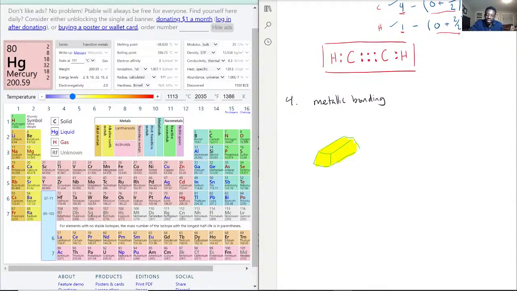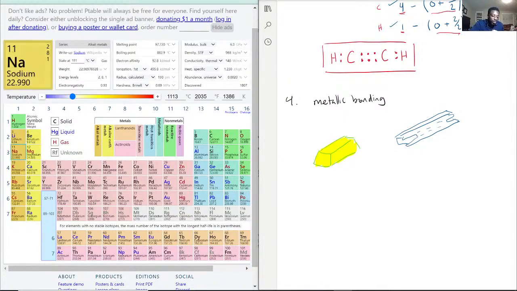Okay, and when you think of actually steel beams and stuff, those are alloys, okay, formed through metallic bonding. So in a sense, I believe it's like iron and copper or something like that. There are some metals that form together for alloys, but point being is that you see these ones here, the